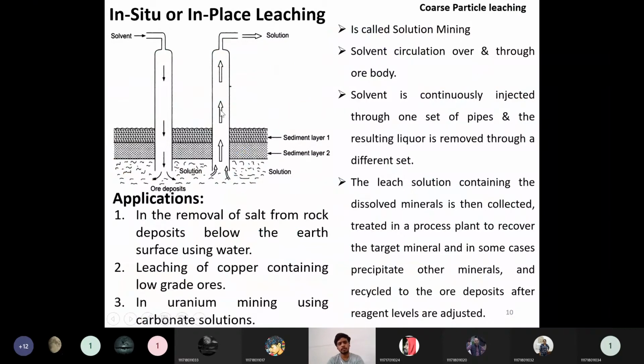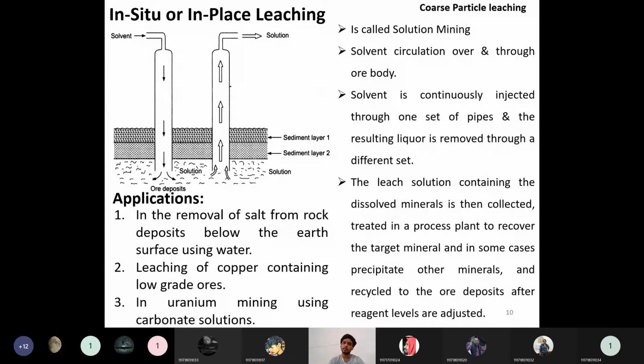So this is one type of auxiliary operation, because a large part of the leaching solute cannot be extracted by this type of operation. When we saw the factors affecting leaching, the smaller the particle size, the more the solvent can access the solute situated inside the solid particle. So leaching depends on the particle size also. When you reduce the particle size, the leaching efficiency will be very high. Coarse particle leaching will be very low.